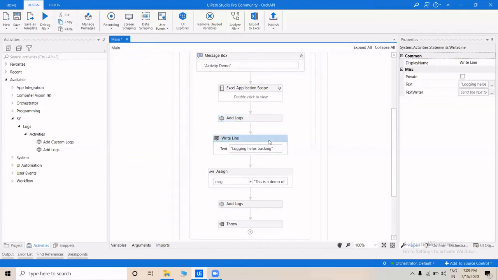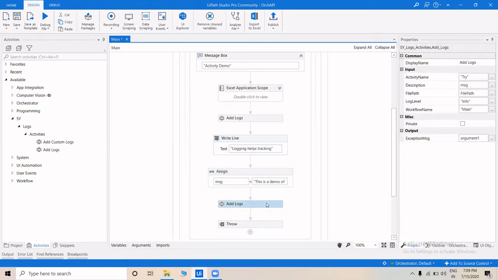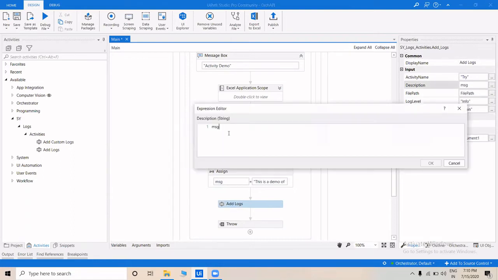So I've written: logging helps tracking. Now this is a variable to which I've assigned a value. This is a demo of the activity. There are times when you assign anything important to a variable and you want to log it for reference, to check whether everything is executed well or not. So you can even have that. Over here, you can write the description accordingly.